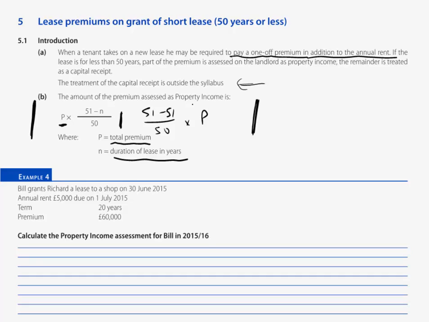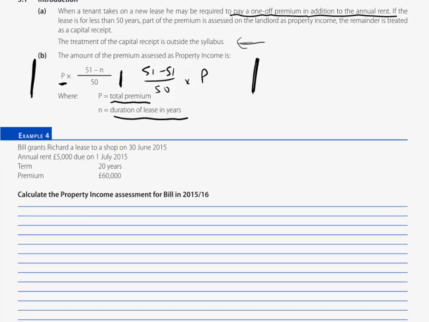Now again, there's lots of different ways of learning how to compute the assessable premium. I'd recommend that you use this one. Again, it goes straight to the calculation of what you want, the assessable property income. So again, maybe not something to commit to memory at this point. It's the sort of thing that, closer to exam date, we'll need to be able to memorize. But of course, what you do need to be able to do now is to know how and learn how to apply. Well, we've got an example here coming up in example 4